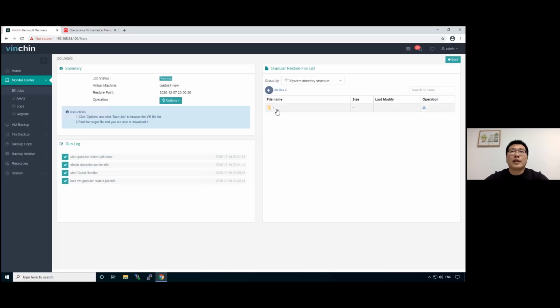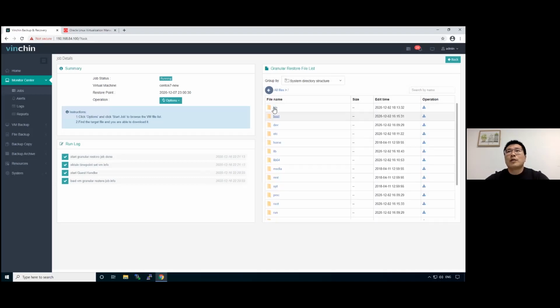Okay, it's done. Now we can browse all the files from here in its original file structure, and we can just download the desired files or data from here to restore to the virtual machine.